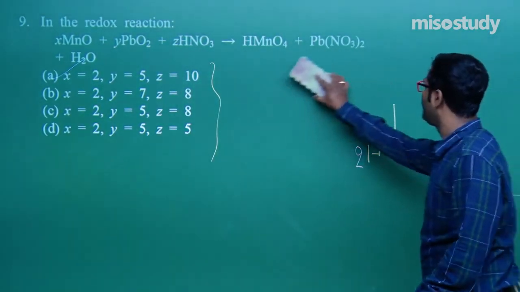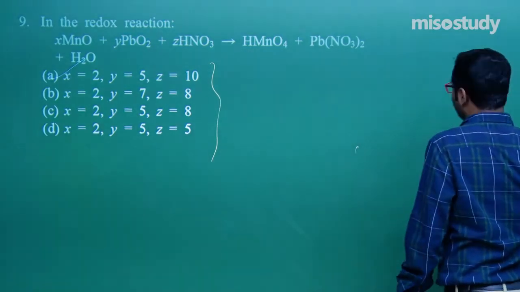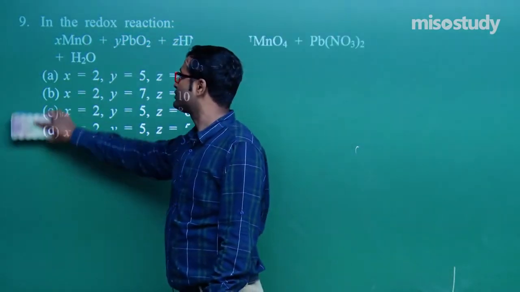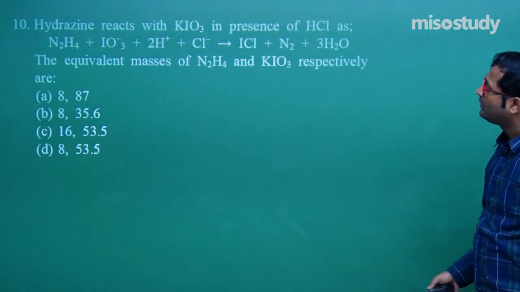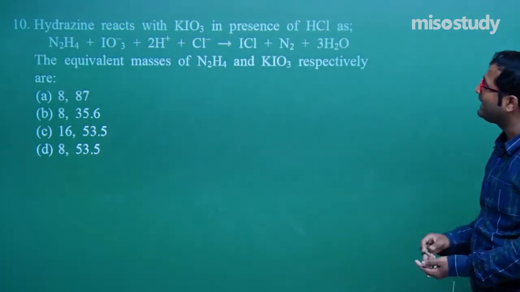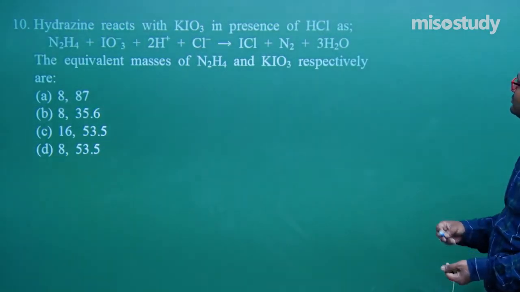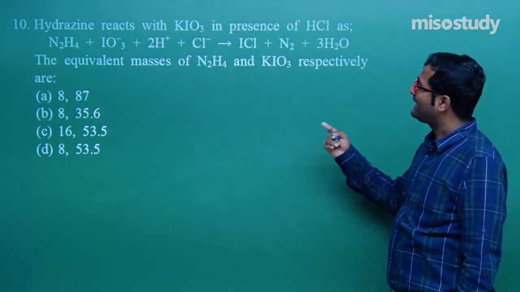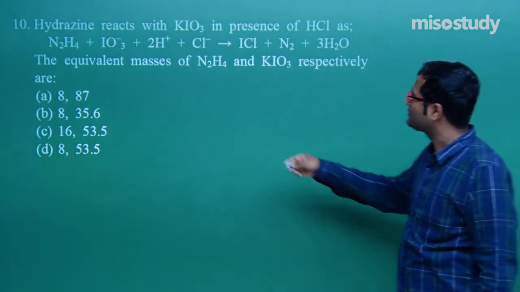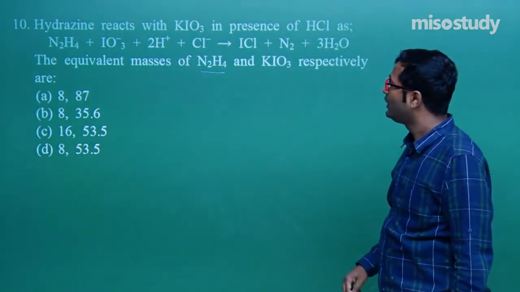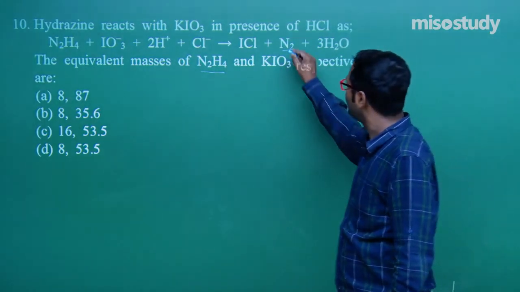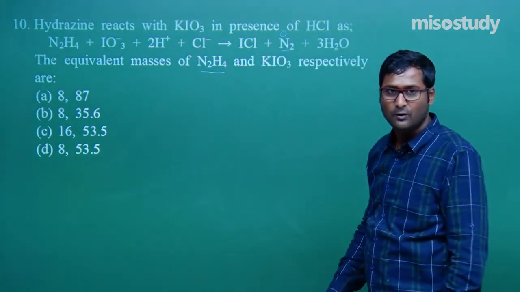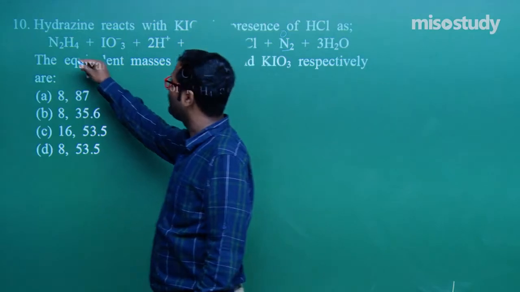Clear to you friend? Now let's move to the next question. This is the last question of today's lecture. Now look at hydrazine reacting with KIO3 in presence of HCl, N2H4; find the equivalent mass of N2H4. Clear to you? Look, N2H4 converts to N2, the oxidation state of N in N2 is 0, and in N2H4,